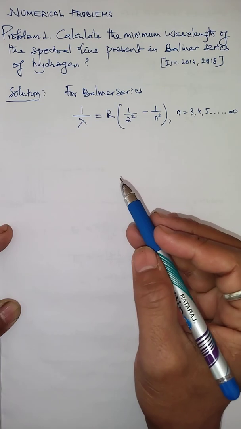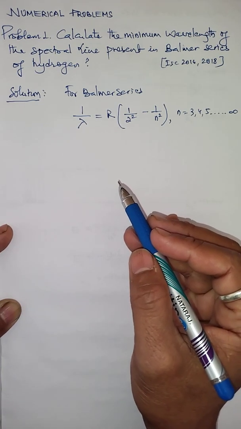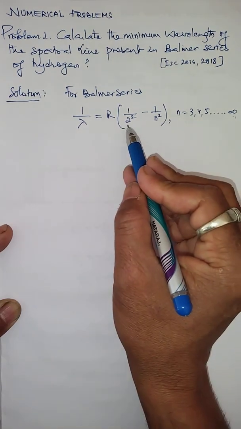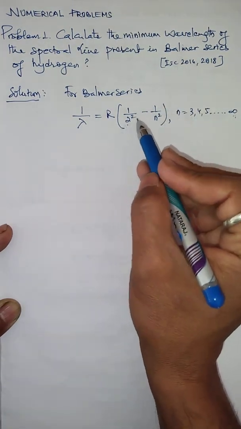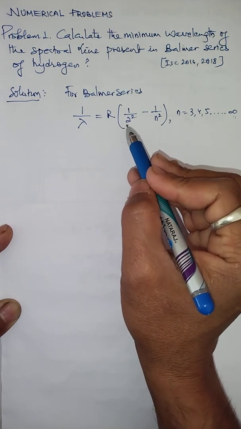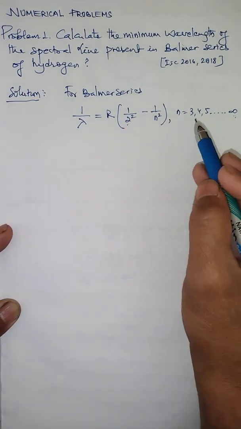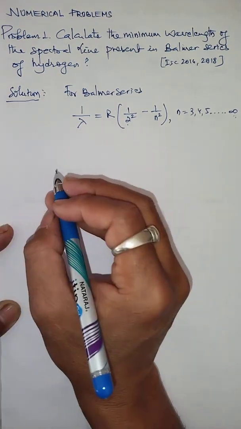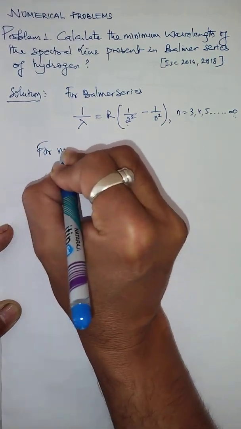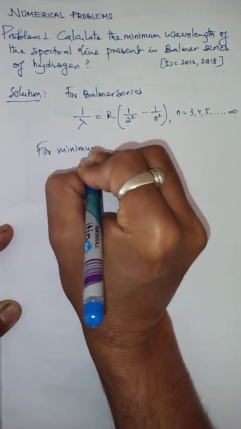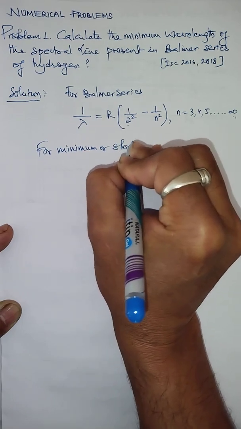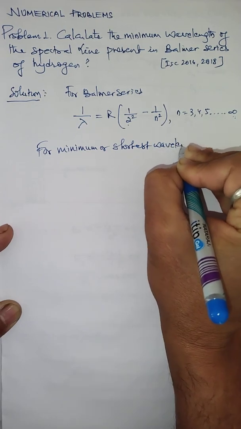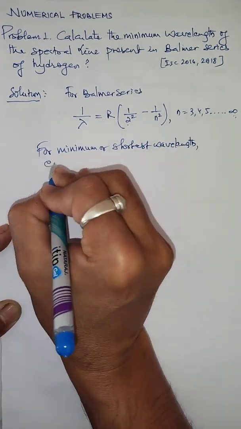From this relation, we have to find the minimum wavelength. We get the minimum or shortest wavelength when the electron jumps from the infinite orbit to the second orbit, because in the Balmer series the lower orbit is always 2, and the higher orbits are 3, 4, 5 and so on. So, for the minimum or shortest wavelength, the electron has to jump